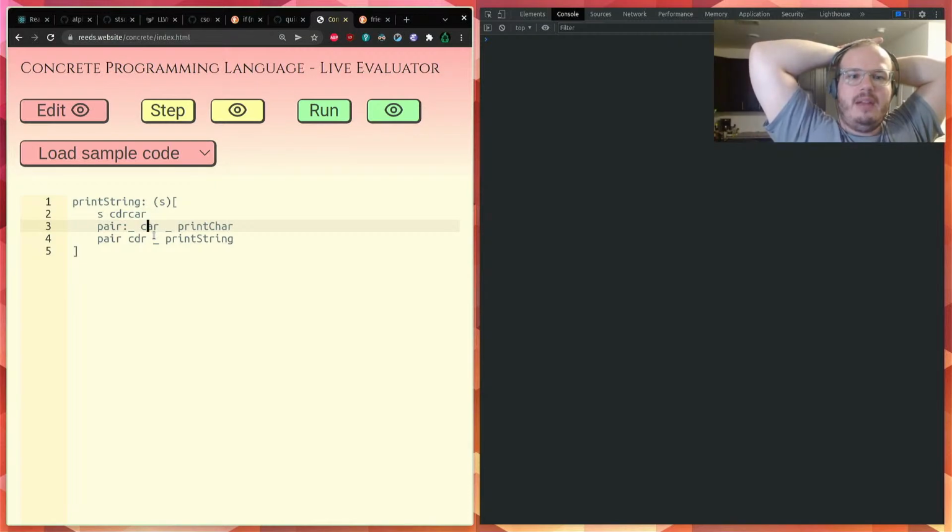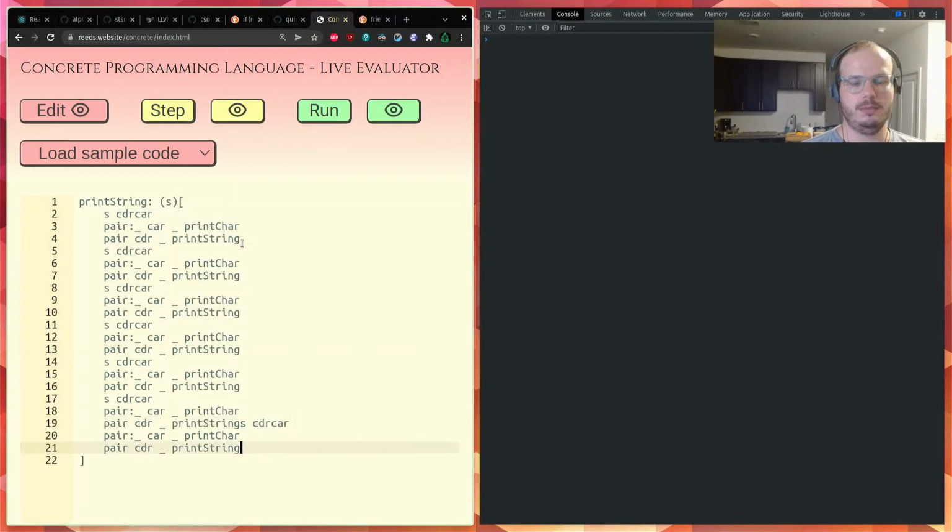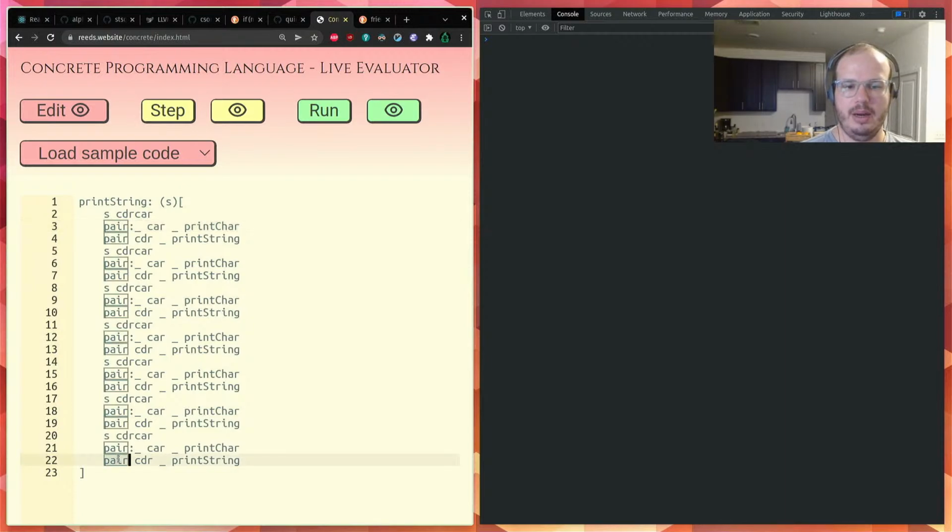So the benefit for me is that, let's say this was hundreds of lines of code. This is probably a bad example because pair is showing up several times, but I see pair here, I can go find pair, and then I can trace what happens to it left to right, and I can model that in my head.